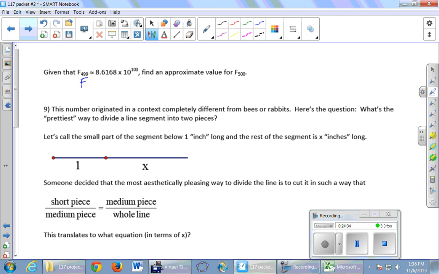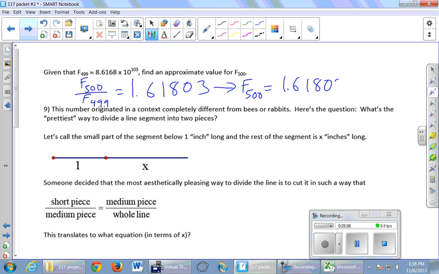So here's something that I want you to believe. If you take the 500th number and you divide it by the 499th number, without even knowing what the 500th number is, do you have a guess as to what we're going to get? 1.68. Oh, what did I miss? 1.61803. Right? We're going to get that. So let's move this F499 over to the other side by multiplying. And what we see is that the 500th number is going to be really close to 1.61803 times the 499th number. Yes? And it's not going to be exact because the 1.61803 is not exact, but it's going to be